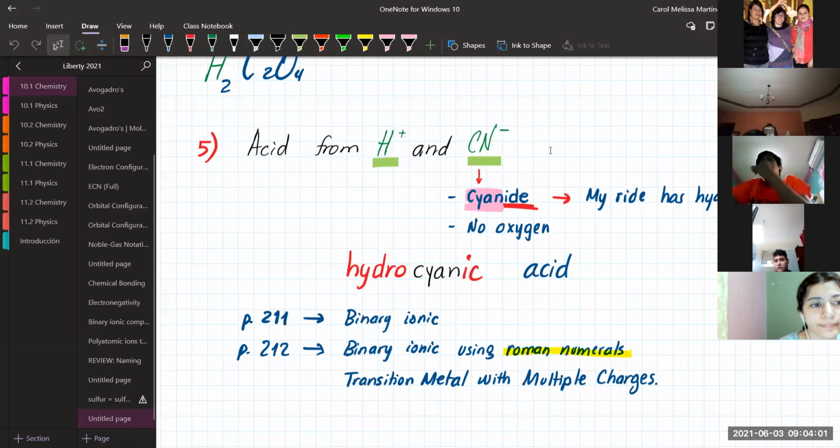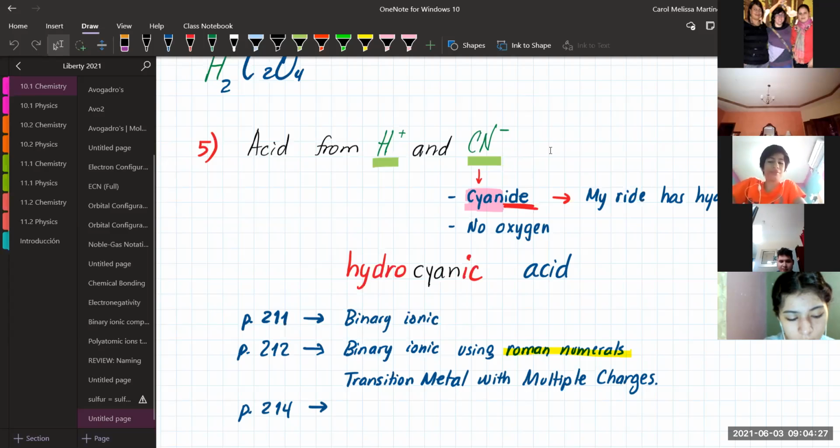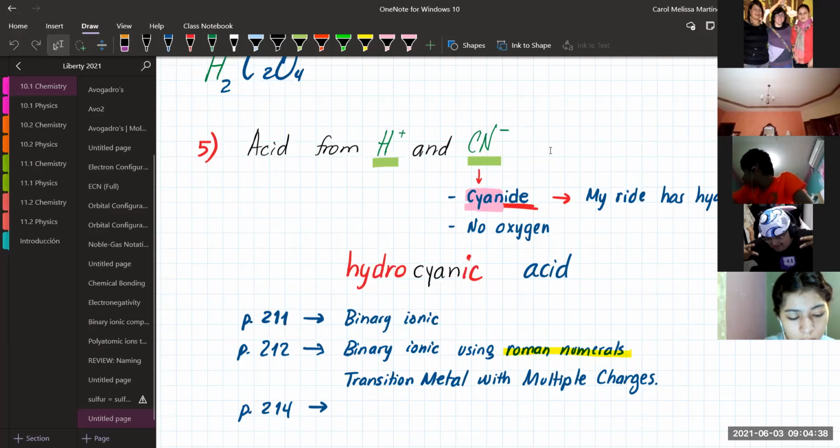Now, page 214 is the next page, okay? Page 214. What topic is this? Elements that form more than two oxyanions. The oxyanions are the same as polyatomic. Okay, so the topic for page 214 is